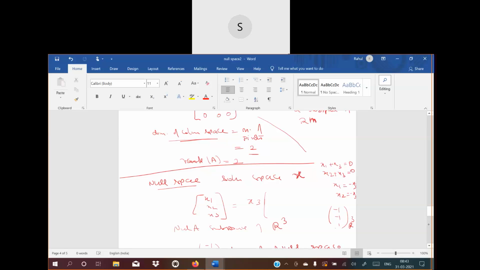That's why in M cross N, the column space is in M and the null space is in N, which is 3. It is very clear. The solution matrix is of 3 cross 1. The solution matrix is of 3 tuples. In this case only one element was free, so -1, 1 is coming, and your basis dimension is 1. But if there were one more variable, then the dimension could be 2, 3 and so on. But the tuples will always be 3 in our null space, because your solution space is in Rn.